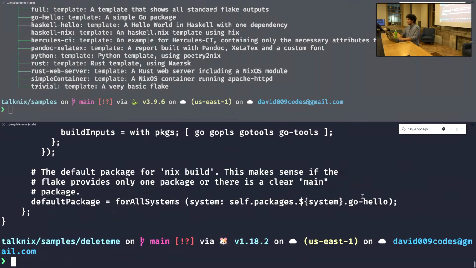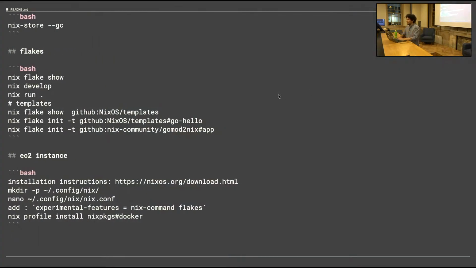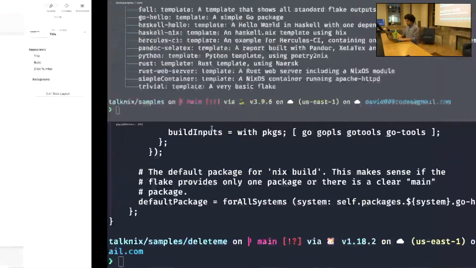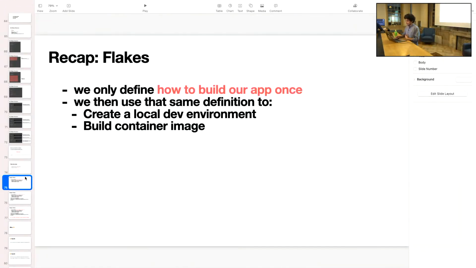So you can create your own templates in your GitHub repo and reference them like this. Some people have their own already, but you can also use other people's predefined templates. I guess maybe the machine learning people might have something that they use already, so it saves you work. Coming back here, I'm about to finish, so no worries. So just to recap a little bit,